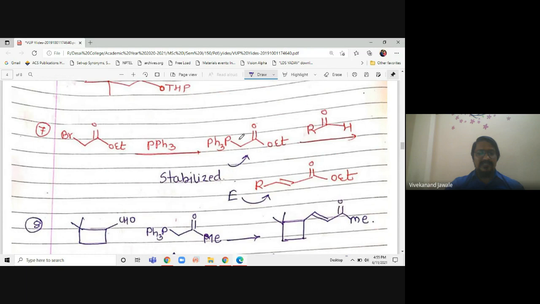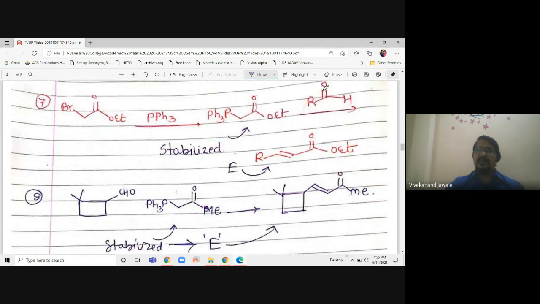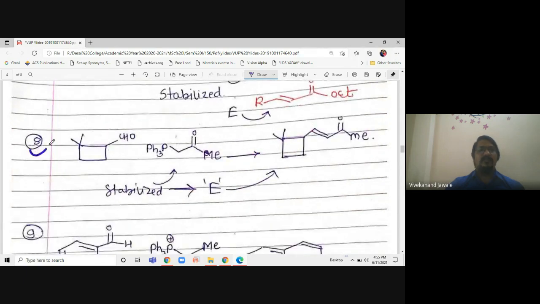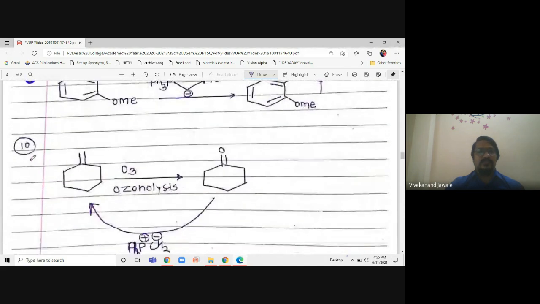So what I will do, this is a synthesis, PPh3 is there, so it is an alkyl bromide, so bromine will go and PPh3 is attached. So this is the halide. Now this halide, what it will do, it will make a trans product or E product. Why? Because it is a stabilized halide, negative charge. It can go into resonance here and O will get the negative charge. Again, more examples. See the number of examples as you see.